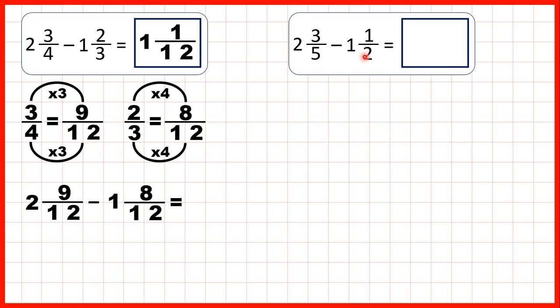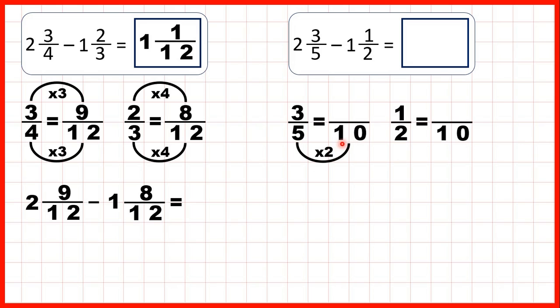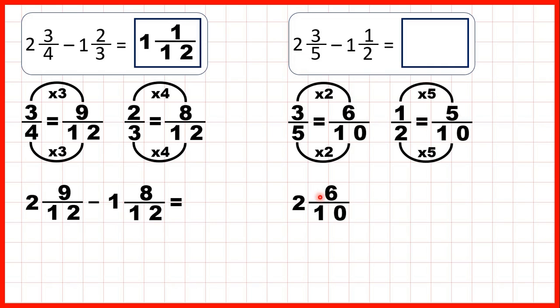So we need the denominators to be the same, and the lowest common multiple of 5 and 2 is 10. So we can find equivalent fractions which have a denominator of 10. 5 times 2 is 10, 3 times 2 is 6, 2 times 5 is 10, and 1 times 5 is 5. So we can rewrite our question as 2 6/10, because that's equivalent to 3/5, minus 1 5/10, because that's